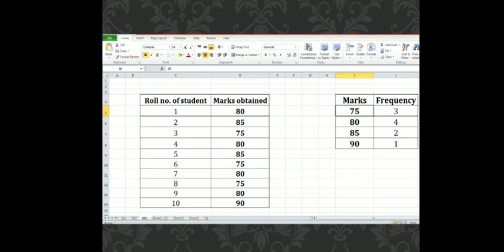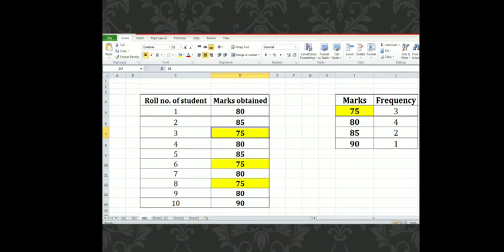You can see the frequencies are 3, 4, 2 and 1 with respect to 75, 80, 85 and 90 marks. To verify that the formula used to calculate the frequency was correct or not, we can cross check by manually counting the frequencies of marks from table 1.